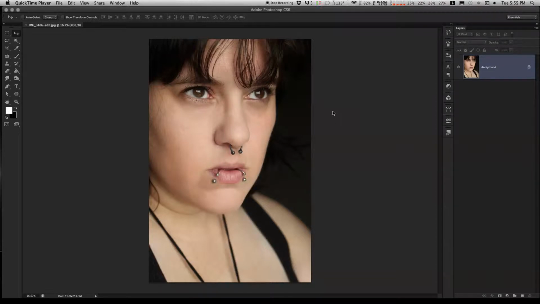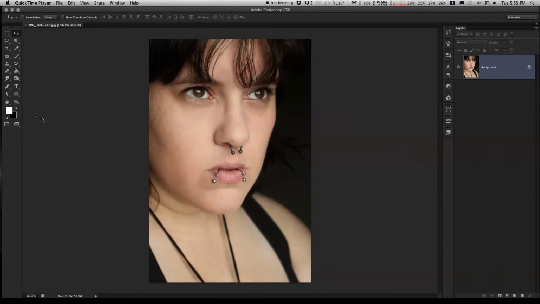I was trying to find a stock image with a reflection of a window or a door, something with an amorphous shape that can't really be replicated in a studio setting. And I ended up just taking a photo of myself because I have eyes and I have windows in my house. So voila! So the first thing we're going to do is zoom in on the eyes